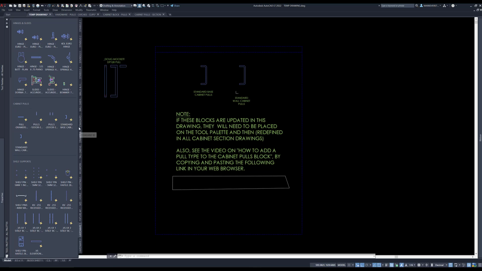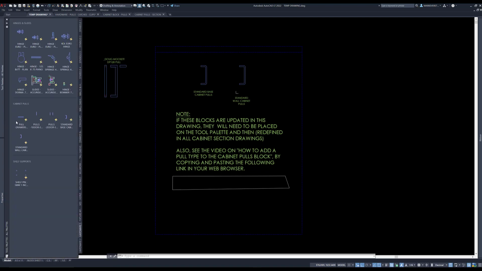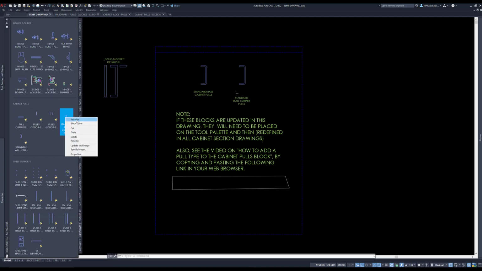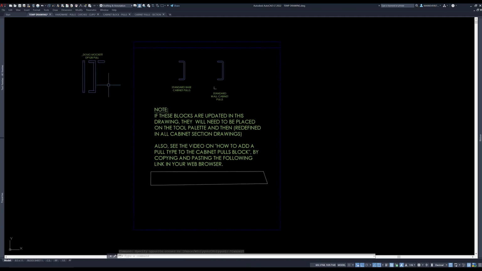Then when I go to the cabinet sections, groups of blocks, categories of blocks in the block factory, I can redefine them by just right-clicking on and hit redefine, and that will redefine any of the cabinet sections that include these cabinet sections. So that's critical. Now, the one thing you'll see here is a wipeout. In the final set, what I'm going to do is I have to add in a YouTube video for this, but anyway, I'm making a video right now, so it doesn't really matter,